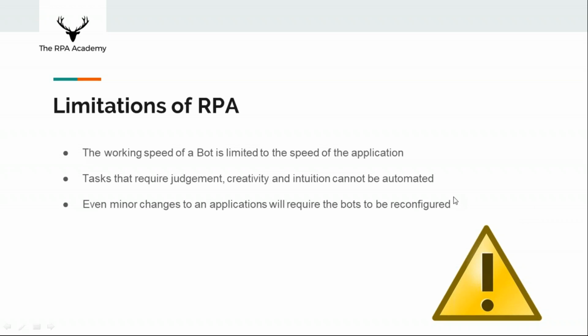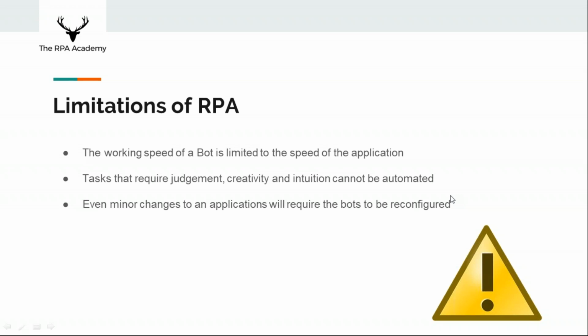Thank you very much. So, the limitations of RPA. One of the things is the speed that it works at. When it comes to proper automation with APIs and the technical stuff, that really does speed things up because it's all done in the background. With RPA, we're actually automating the front end of the application. We're actually using the application, we're just getting a robot to do it rather than a human being. So it will be as fast as the application itself. However, some actions are a lot quicker than a human because it can do calculations a lot quicker. But there is that to bear in mind.